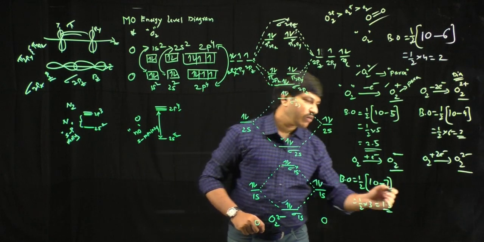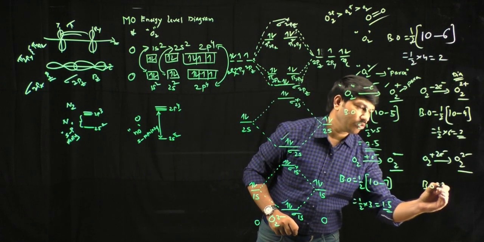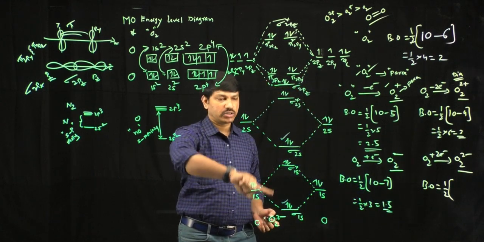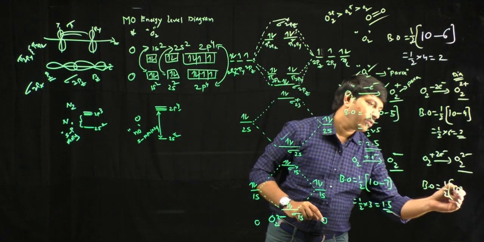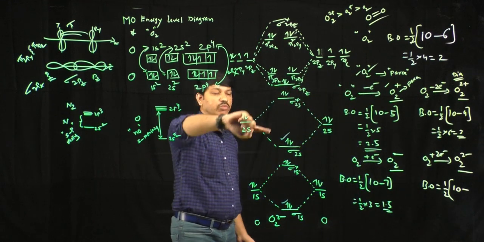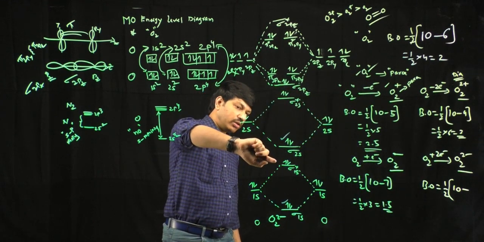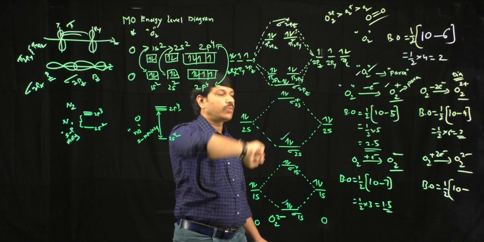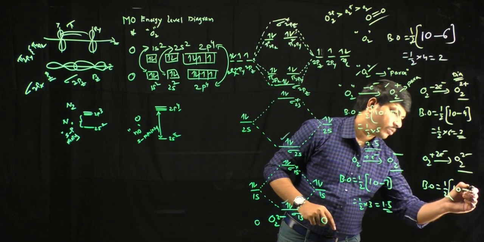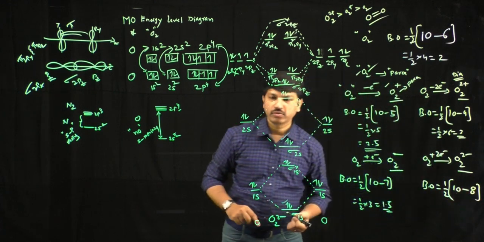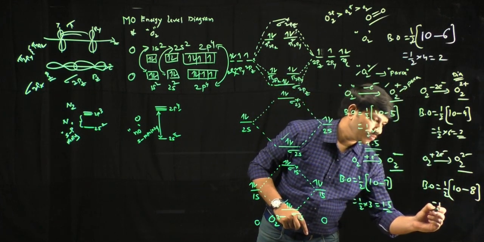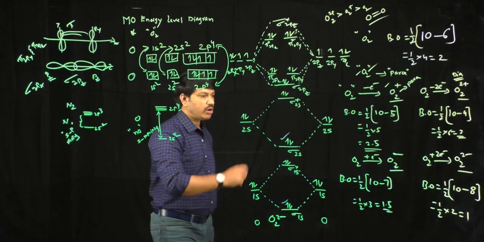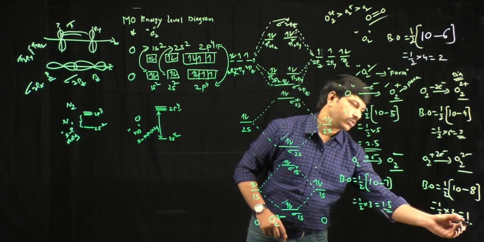So now calculate the bond order value in the case of O2 2 minus. Half into, again we have not disturbed any bonding electrons. Again we have 10 bonding electrons. Now we have to calculate the antibonding electrons: 2 plus 2, 4, 4 plus 4, 8. So that means here the bond order value is actually 1. So now we have a bond order value of 1, a further decrease.